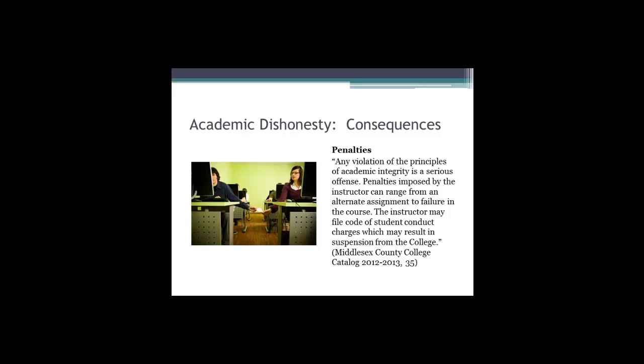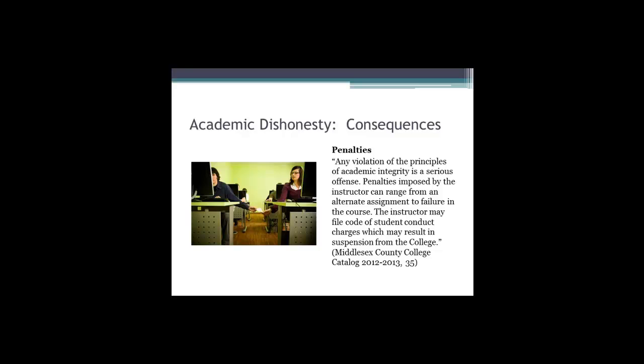Consequences. If you do engage in cheating behaviors or any kind of dishonesty on campus, there are significant violations that can happen. You'll want to go ahead and read the entire code of conduct, which can be found in the college catalog. Here you'll see what kinds of penalties can be attached to many of these different kinds of dishonest behaviors. They can range from having either a 0 on an assignment, an F in a course, to even getting